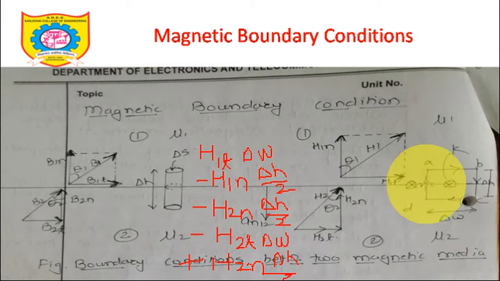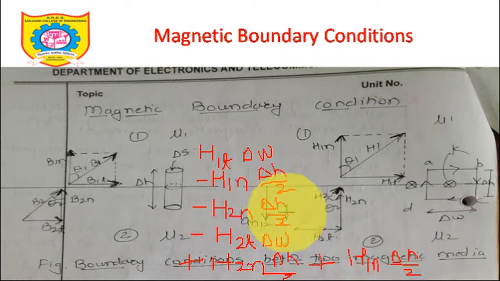Now the other half of this is in region 1. So let's find the component. H1n is going upward and the direction of travel is also going upward. So once again plus H1n into delta h by 2. This is the expression I am going to write, and I am going to show it in the notes also. So H1n delta h by 2 plus H1n delta h by 2 get cancelled, so I can just cross it. Then H2n delta h by 2, H2n delta h by 2 get cancelled. This is just the LHS we have calculated.